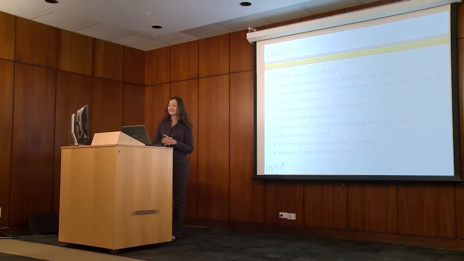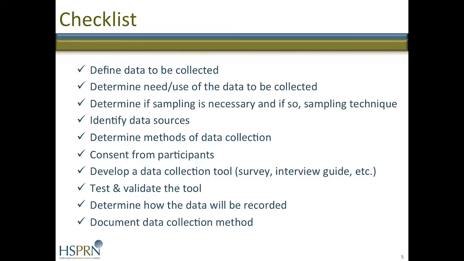Finally, this is a checklist of elements to do when you're conducting primary data collection, and that includes defining the data that needs to be collected, determining the need and the use of the data to be collected, determining if sampling is necessary, and if so, what will be the sampling technique that you'll be using,